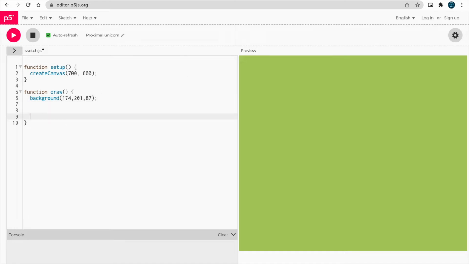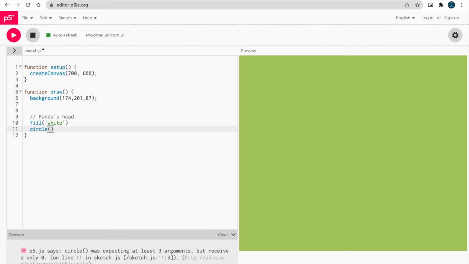So the first thing we're gonna do is draw the panda's head, and we will be using some comments to see where we are because it can get a little bit messy. So I added the comment for the panda's head. And for the panda's head we will be using a circle, and we will fill the circle with white color. It's a pretty basic circle.